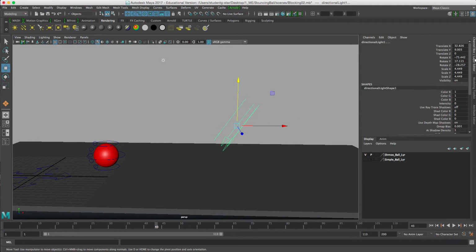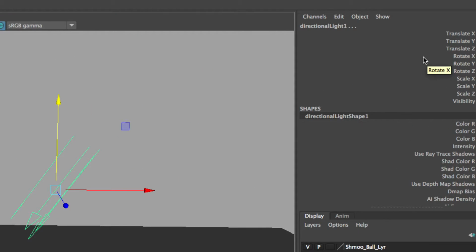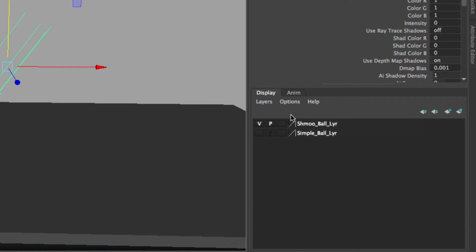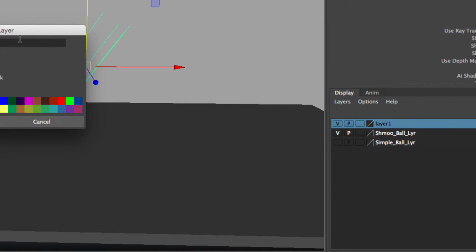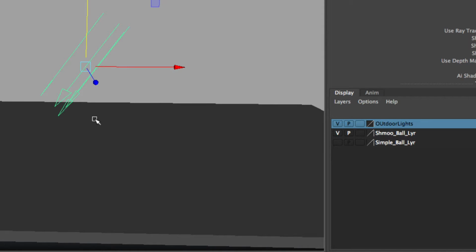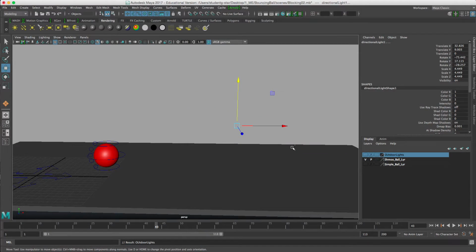So if I press Control A, I'll go directly into my channel box editor. I'll go to my display settings. I'm going to create a layer and rename this layer by double clicking it and call this outdoor light. Click save, and I'm going to hide that, because I want to use that later for our